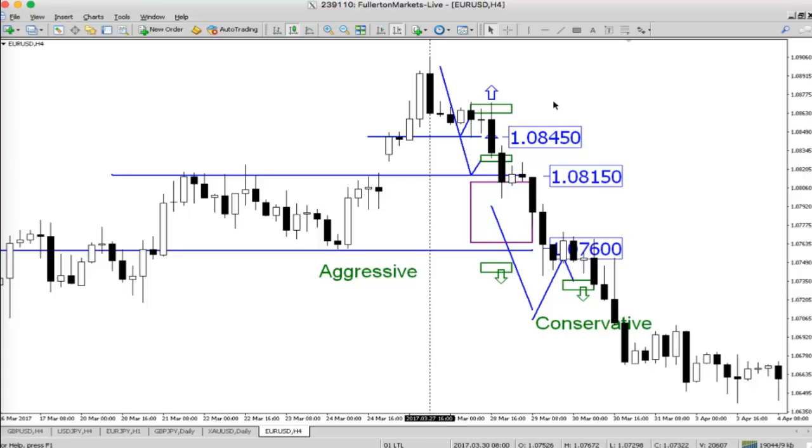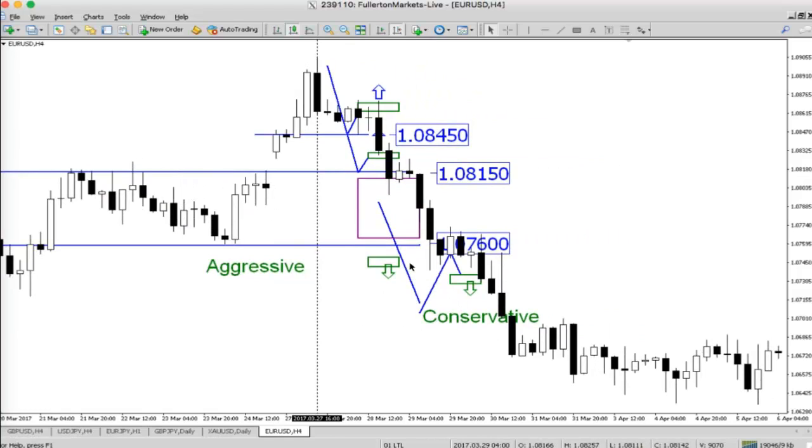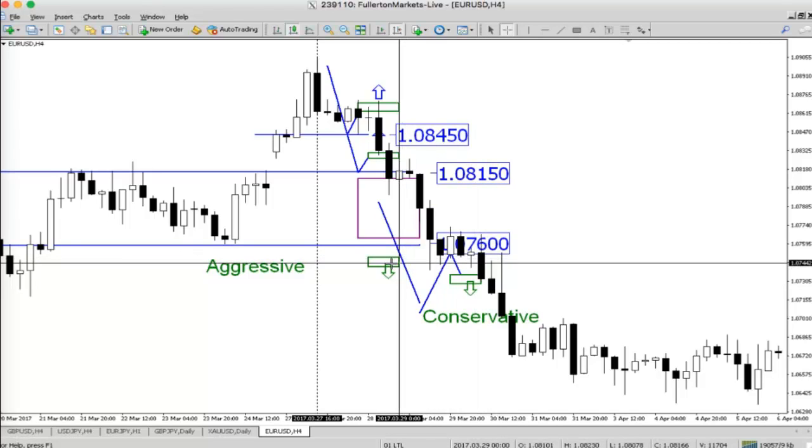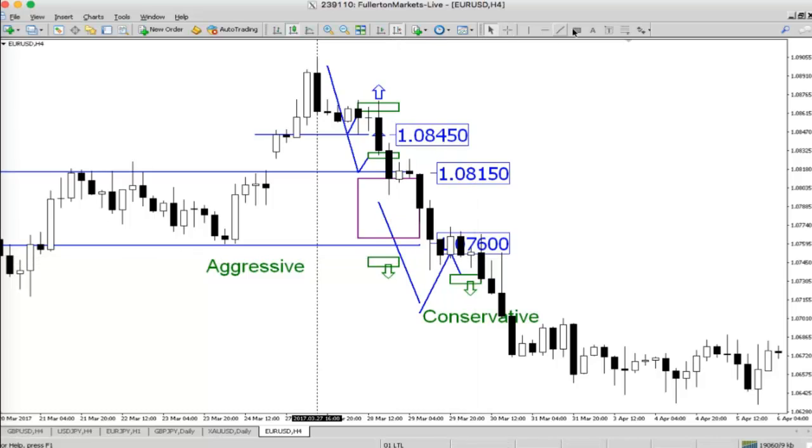So this long entry didn't fulfill the criteria, and the next moment price fell right through to my next suggestion for a short. I'm looking for a pending short if the candle closes in the green box. So the candle fell right through. As you can see, the closing price did not really go into the green box, and then there was a